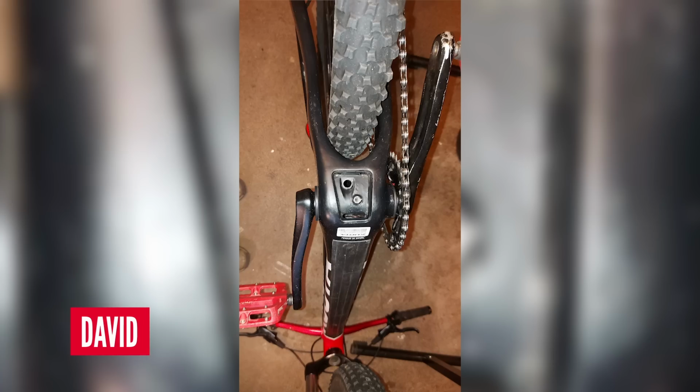It's got internal cable routing, it's a super light bike, but there's cables rattling inside the frame. And it's really annoying him, okay? So he comes up with this ingenious idea when he looks at the... I guess it's got this little window on the bottom of the bike so you can check...